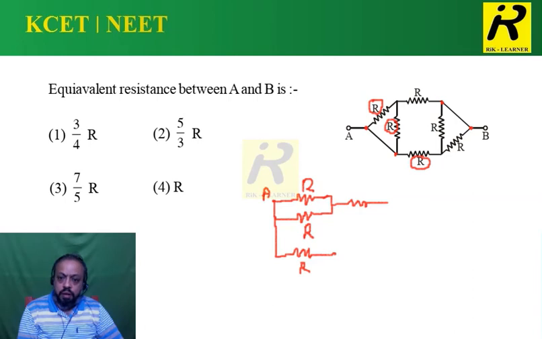And what I have to do? I have to write 2 resistors like this. In total there are 3 resistors from point B, right? So all the resistors are R. Okay, I hope you observed. Now I have to put my concentration on the points A and B, which are at the extreme ends.